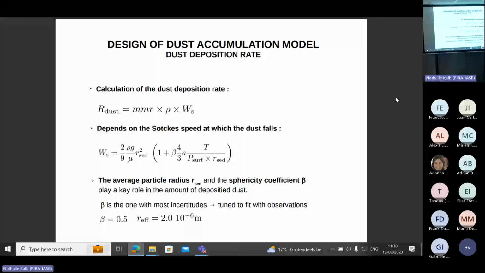It's a parameter with a lot of uncertainty. Because of course the particles in reality are not spherical, so it's a simple way to model the fact that they are not spherical. But anyway, I can give you a reference to the Epstein equation. Okay. Yeah. My question, I guess, is